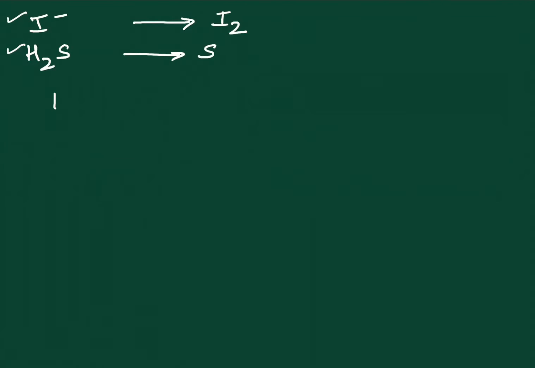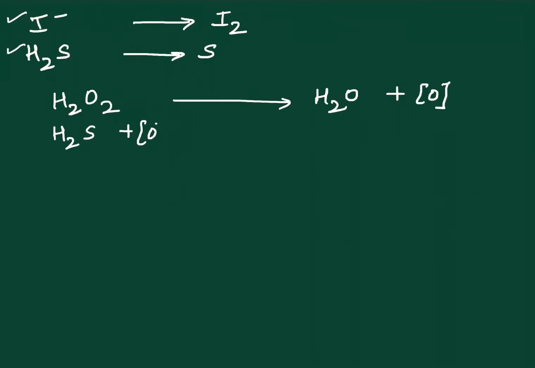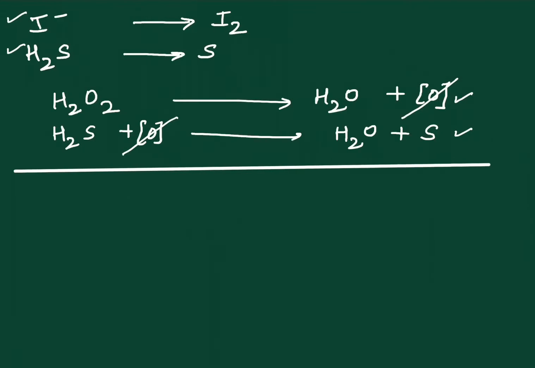So in each one of them, your first equation remains the same. Hydrogen peroxide breaks down to water and nascent oxygen. This equation is anyway balanced. Hydrogen sulfide plus nascent oxygen, what will we get? Correct, water and sulfur. So first equation balanced? Yes. Second equation balanced? Yes. Third step, no profit, no loss. Number of nascent oxygen being generated is the same as the number of nascent oxygen being used up. And then what is the final process? Yes, you add up the two equations.